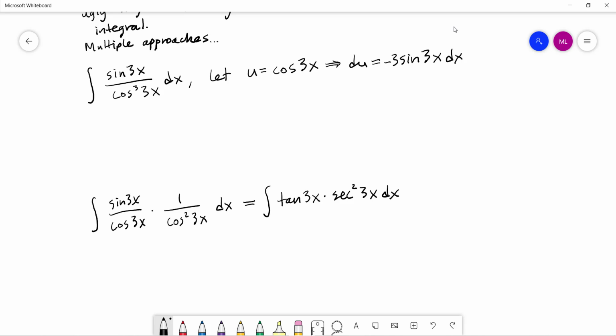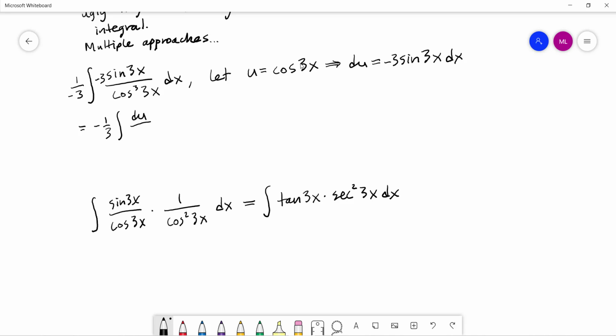So I'm going to put that -3 there, and I'm going to account for that by also putting a -1/3 out in front of everything to cancel it. And now I've got that -1/3 out in front of everything times the integral of, well, now I have -3 sine of 3x on top times my dx, so I have du on top. And on the bottom, I've got cosine cubed of 3x,